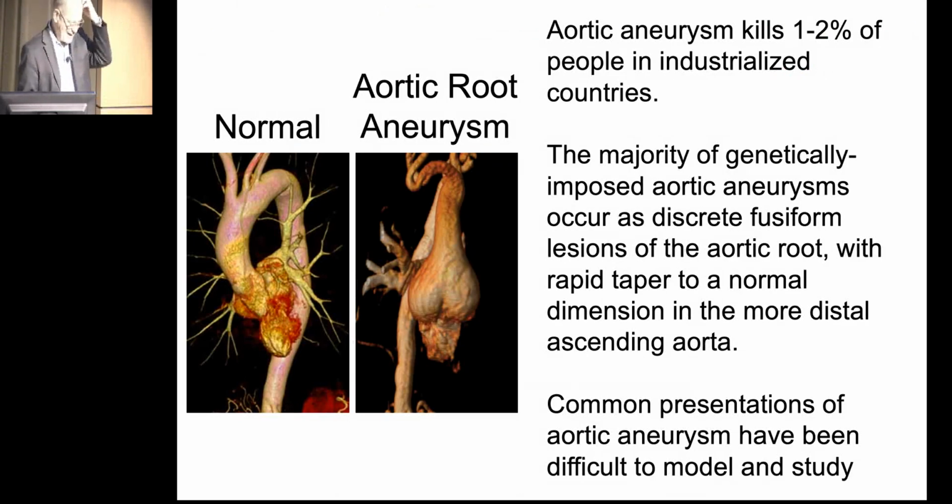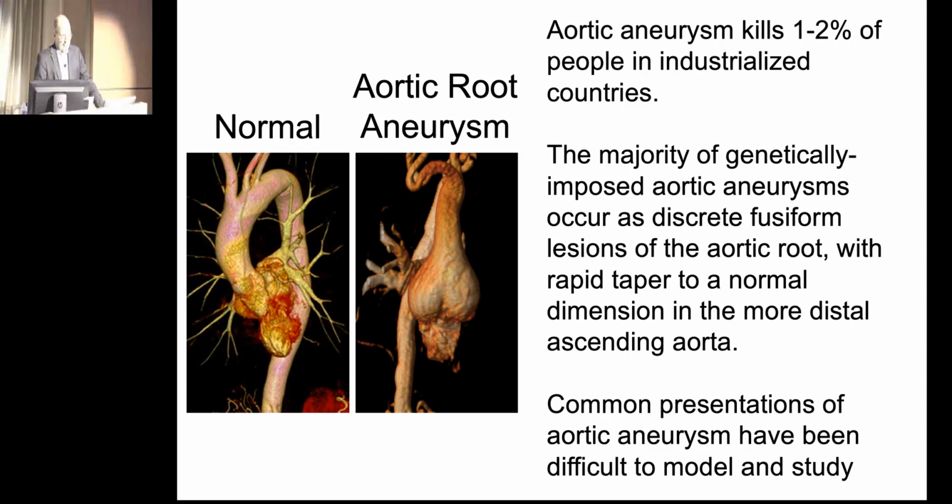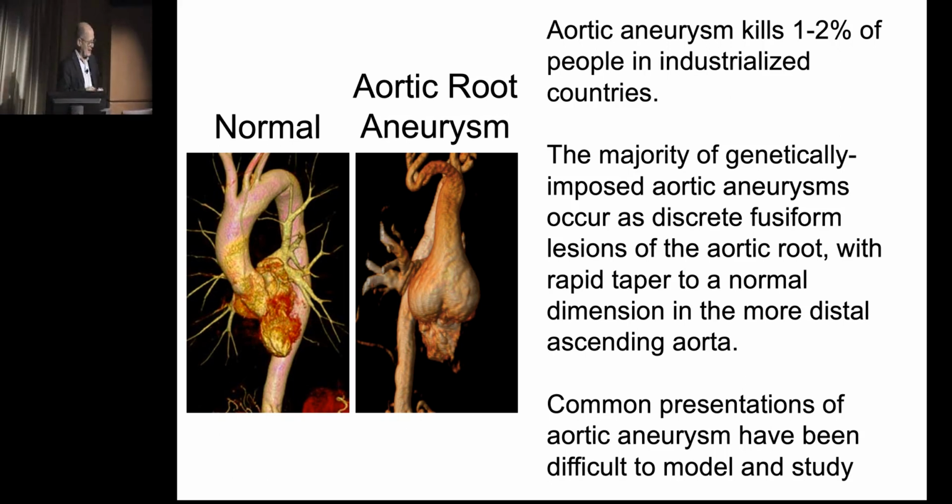My fascination with aortic root aneurysm as a phenotype dates back about 30 years. Aortic aneurysm in general accounts for the death of approximately 1 to 2% of people in industrialized countries. In various genetic presentations of aortic aneurysm, the most common finding is dramatic dilatation of the root of the aorta at the level of the sinuses of Valsalva, with rapid taper to a more normal aortic dimension in the more